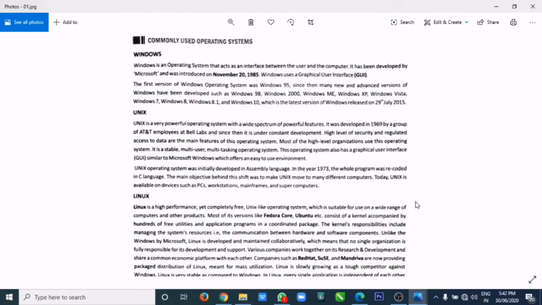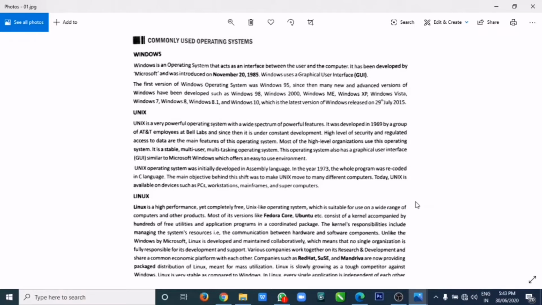Then the third one is Linux, right? It is a Unix-like operating system, and it also contains both environments, CUI as well as GUI, right? This Linux was developed by a Finnish university student Linus Torvalds in the year 1991, and it is free and open source software. Free and open source software means free, that is, it is freely available for us, no need to pay any amount, and it is open source.